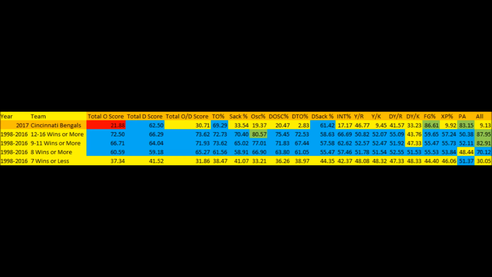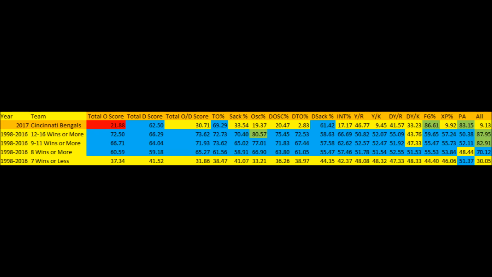So they need to get into the 60s, 70s, 80s if they want to get into winning more football games. They have to be able to put points on the board. Defensive offensive score percentage as well needs to get into the 60s and 70s area if they want to win a lot more games. Turnover ratio, when you look at the data, in terms of defensive turnover ratio, they have to get into the 60s to 70 range, especially.